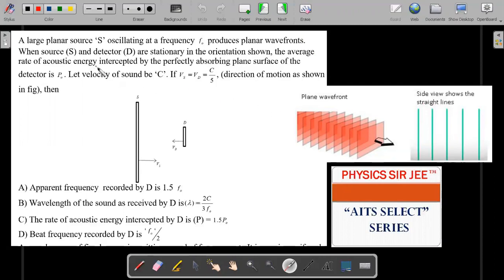So let's go with the formal wording of the question. If you want to do it on your own, just pause the video here, try it for 2 or 3 minutes, and then mark the correct options. One or more than one may be correct, and then come back and look at the solution. Okay, right. So here's the wording.